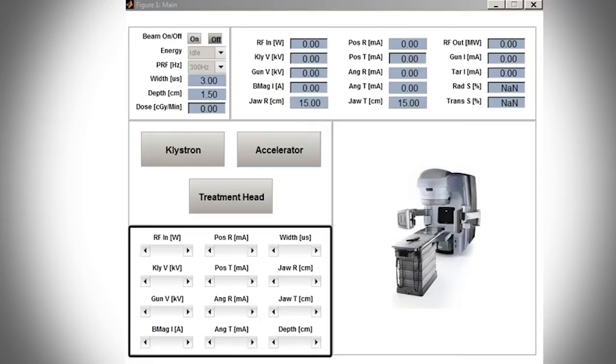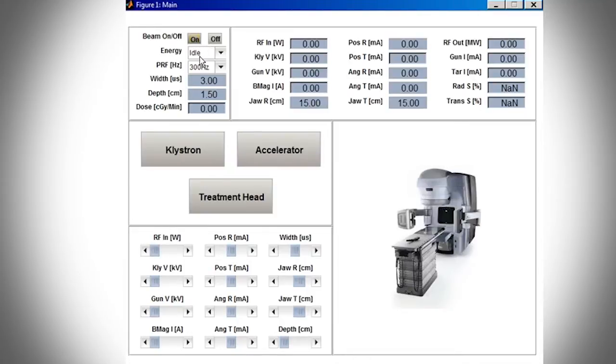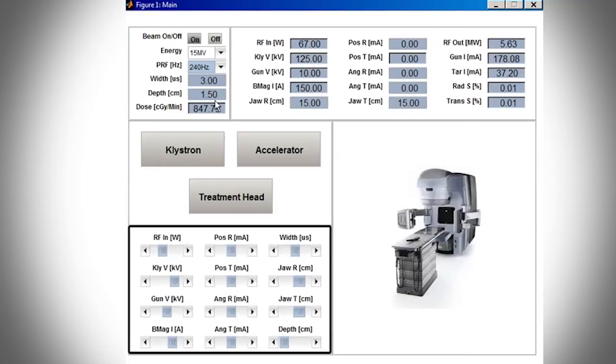To start the program, first turn on the beam. With the beam on, choose an energy and a pulse repetition frequency, or PRF. Once they are chosen, the program displays the Linac's operating state, including a dose rate, which is calibrated in real physical units. Adjusting any of these four parameters on the left here will change the physical characteristics of the accelerator's beam. For instance, increasing the Klystron pulse voltage